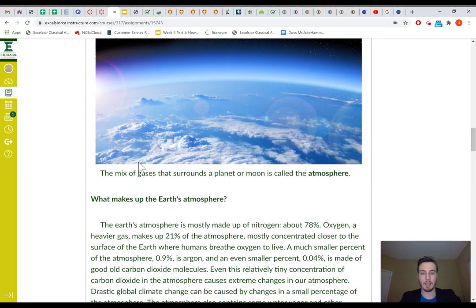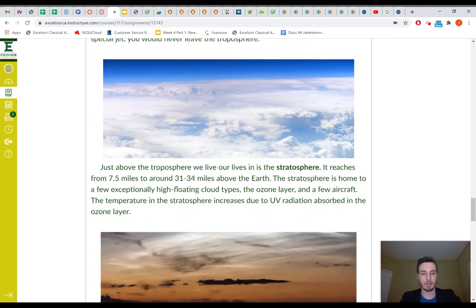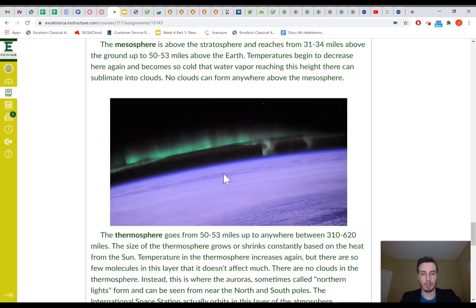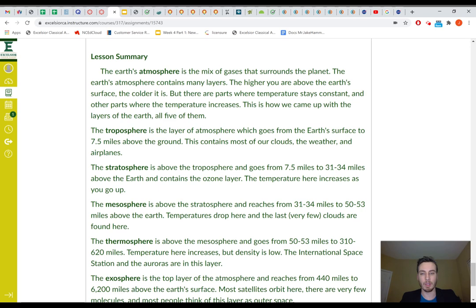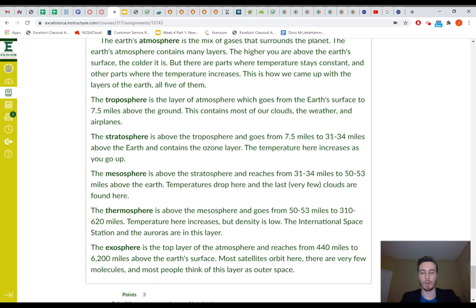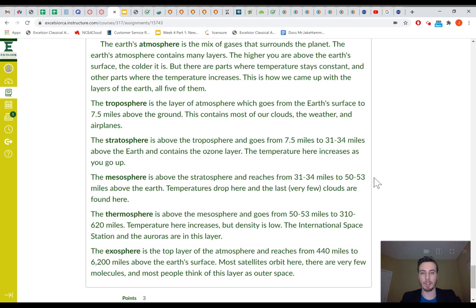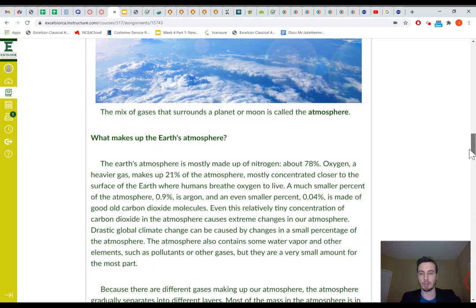Here is the images and reading. Don't be alarmed too. It's really not a lot of reading. And this lesson summary, though it seems lengthy, is the short, sweet version of the assignment. So if you're running low on time, you can read the summary and get most of your information other than the pie chart in this little bit here. The information for the pie chart's in the beginning of the transcript, which is percents of what makes up the